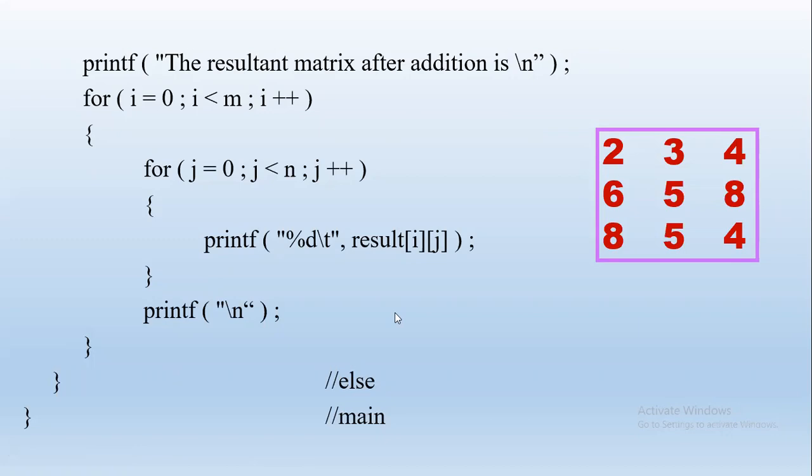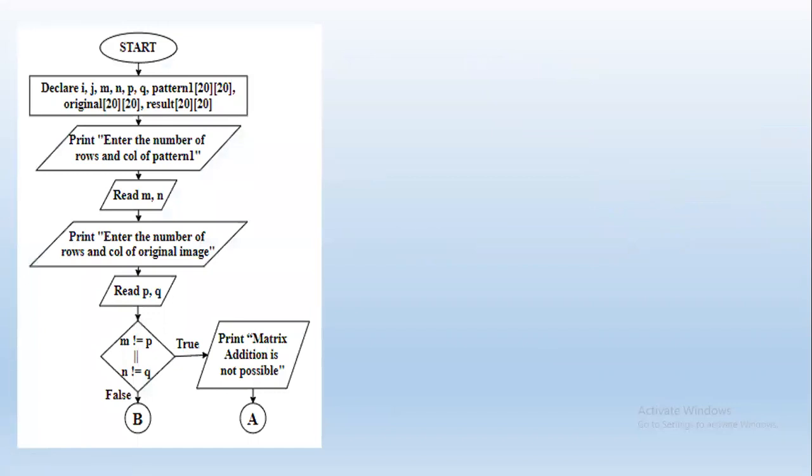We have the same program in the form of a flow chart. Okay, execution, you can see I have shared that. You also execute and check. So in the first part, we are taking input for m, n, p, q, and declaring all the required variables. Then check for the condition: if m is not equal to p or n is not equal to q, then we cannot add.